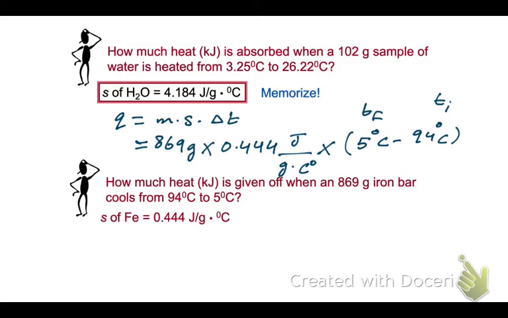So if I put all these numbers together and I start doing my math, 0.444 times 869,